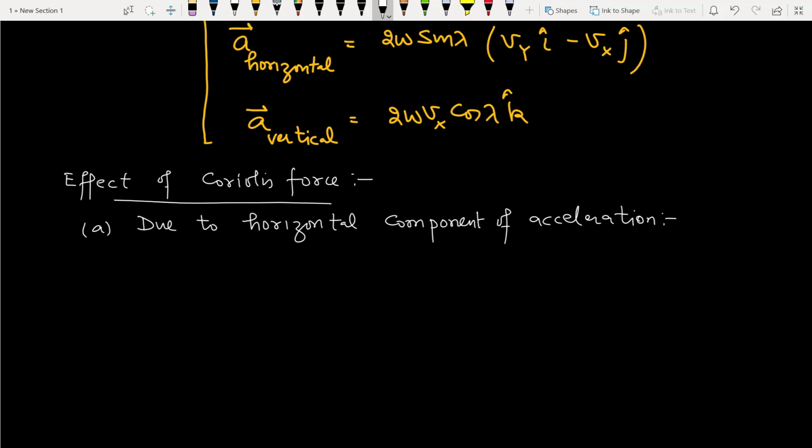Number 1. We will divide this section into two parts. If the object is moving along the positive x-axis,